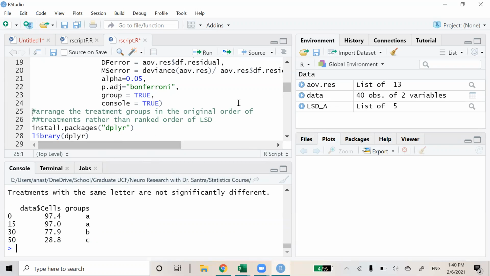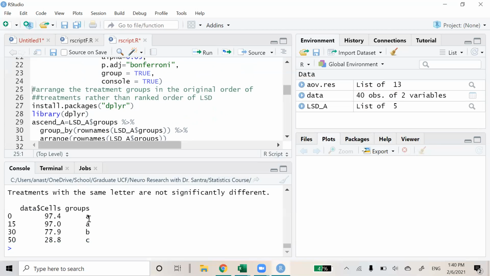And now the next thing you want to do is indicate that these groups correspond with different concentrations. So whenever we're making a plot, you want to indicate that concentration 0 is letter A, concentration 15 is letter A. As you can see over here on the left, there is no word saying concentration. There is no label, basically. So we want to add that label so R can easily add those letters to the corresponding concentrations. To do that, we have to install another package called